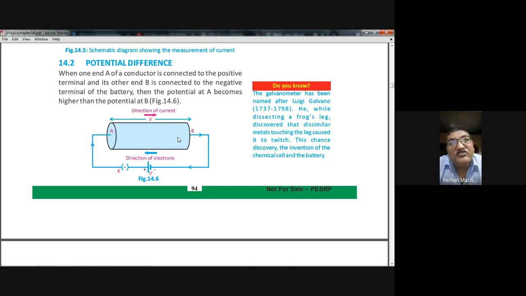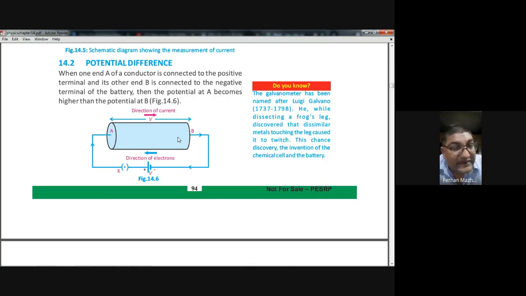So you can also say potential difference. You should understand this. For example, the electricity which is coming to your homes has two wires. One is called live, the other one is called neutral. If you check the potential at the live wire, it will be 220. And if you check the electric potential of the neutral wire, it will be zero. So between the live wire and the neutral wire, it will be 220.